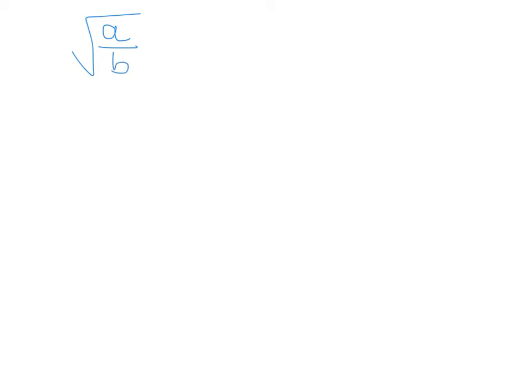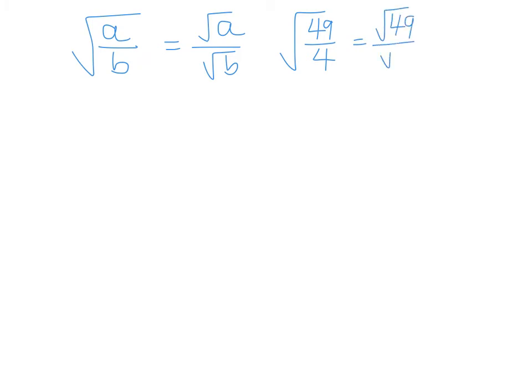So that could be broken down to rad A over rad B. So if I had numbers, rad 49 over rad 4 could give me radical 49 over radical 4. These both happen to be perfect squares, which you would just break down to 7 over 2, and that'd be nice and easy. But sometimes the radical on the bottom is not a perfect square, and if it's not,